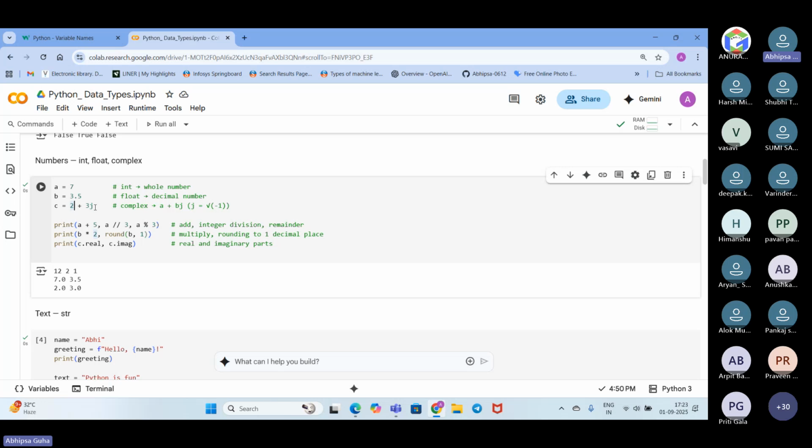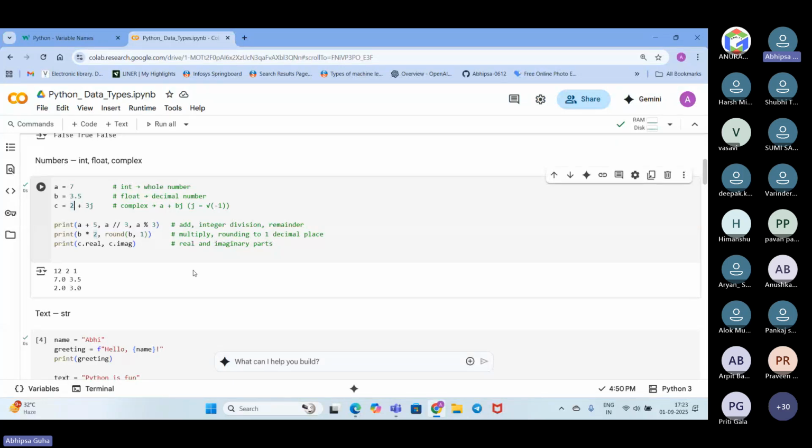Okay. So we have considered three variables. A is the variable where we have stored a whole number or an integer. B is another variable where we have stored a float value, and C is another variable where we have stored this complex value. Now we want to do some operations here.